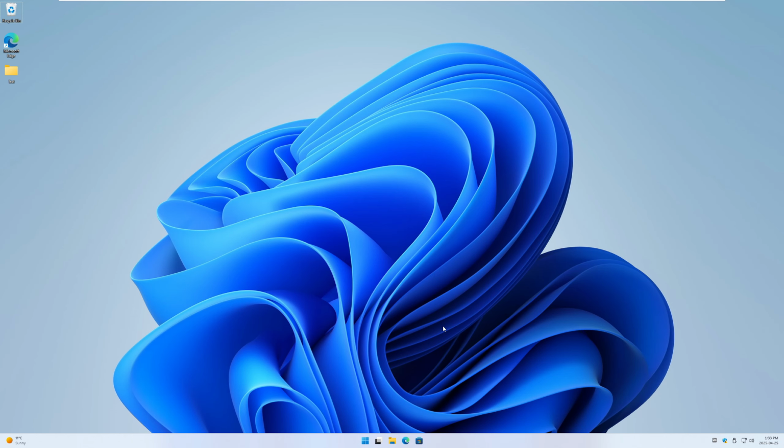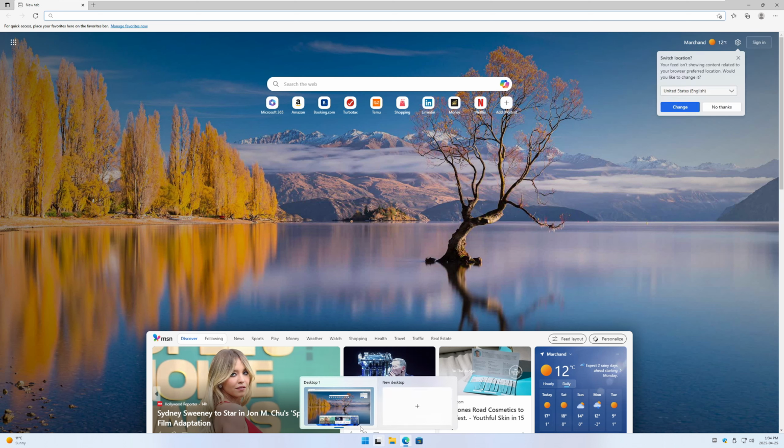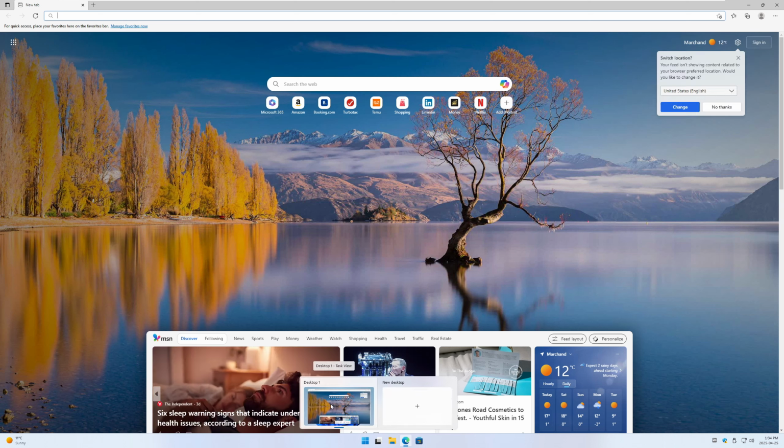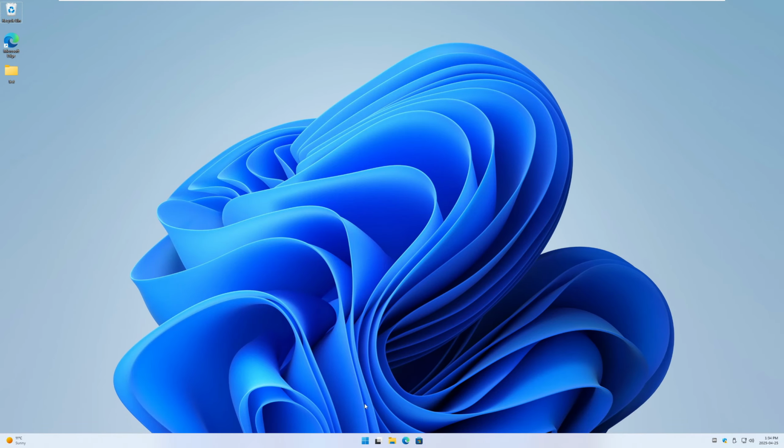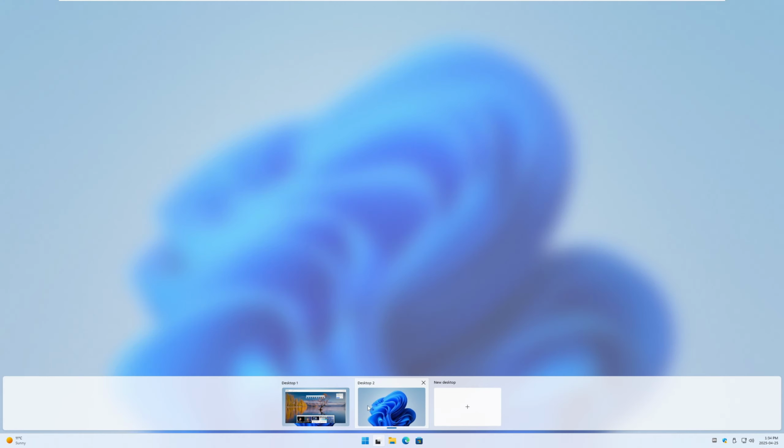The virtual desktop feature is very cool, but it takes some getting used to. So to start it, we'll hover over this icon at the bottom here, and then we can see we have desktop 1, which is currently what we're working on. And to demonstrate better, I will start a Microsoft Edge browser and just leave that open. And then, so now we can see that Edge is open on desktop 1. And now I will want to create a new desktop. So I just click the new desktop, and you can now see we have 2 desktops, and it switched me